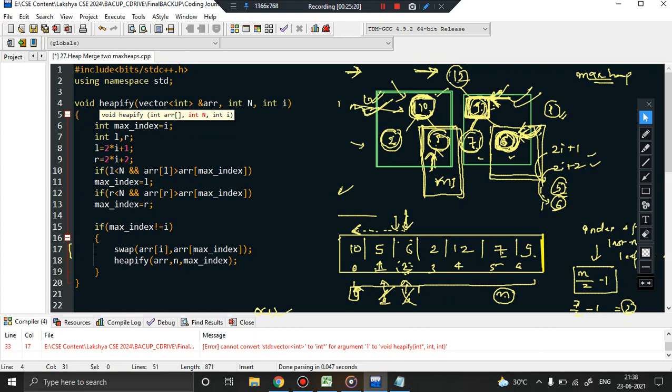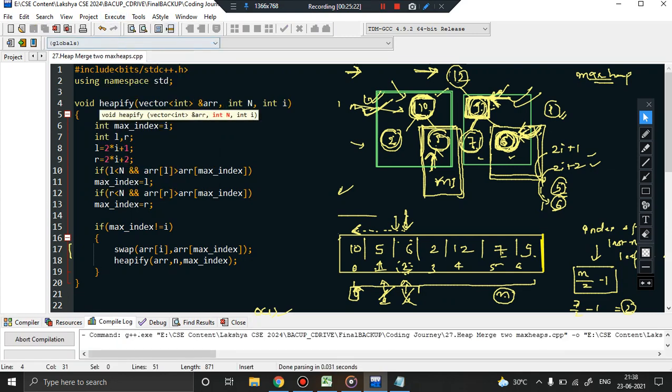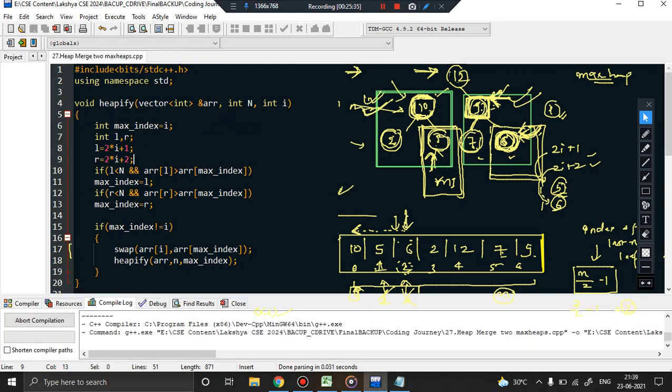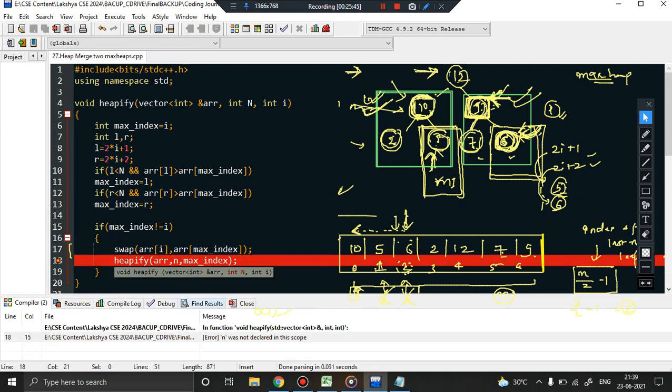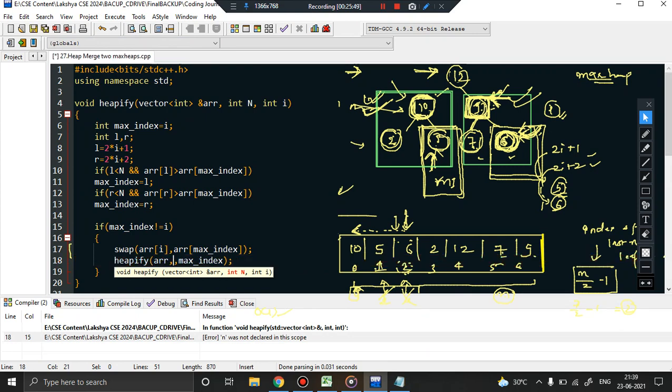Now it should work. Alright, so it is getting executed. What's the issue? This is actually capital N, right? That is what we are passing.